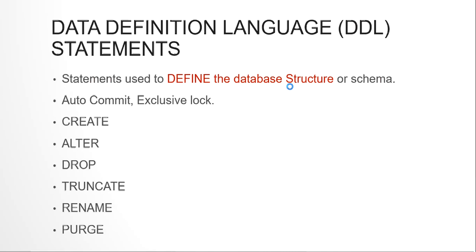Now all these statements are auto commit. Why? Because once you have changed the structure, you cannot just roll back and get back to your old structure. So whenever you write drop table, the table is gone. There is no rollback to it. They are all auto commits. And they put an exclusive lock, like if you are adding a column to a table and somebody is performing an update or select, the session might get interrupted for them, because they will put an exclusive lock when you are performing any of these DDL statements. So the basic thing to remember is DDL statements work with the structure of the Oracle objects.